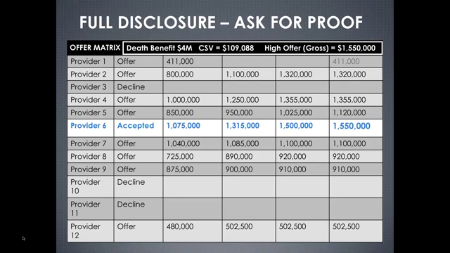Some are very strong at much longer life expectancies, and others are stronger at much shorter. Some will deal with different carrier ratings differently than others. There are all different types of things that they will look at, and it's all about the fair market value, the competitive nature of selling this asset, no different than selling any other asset. The market ended up topping out in this example at $1.55 million. So can you imagine being the trust department who went with that first offer at $411,000 and you left $1 million of value on the table for your client?